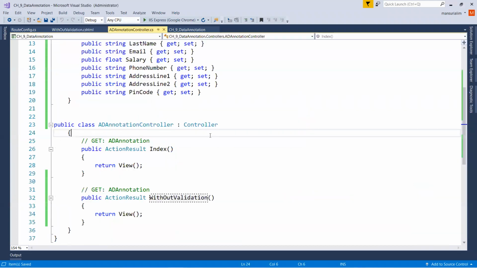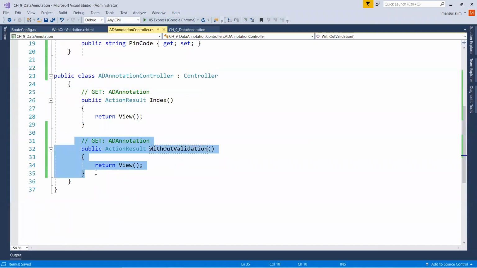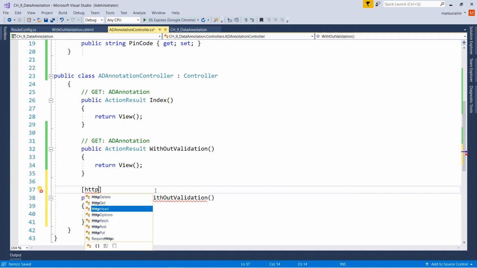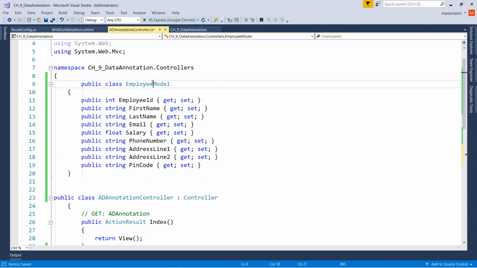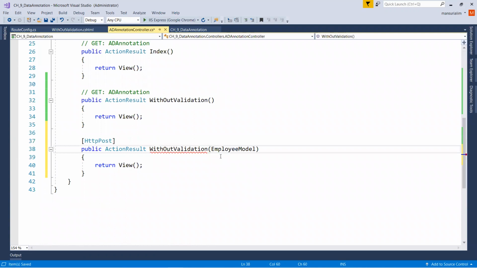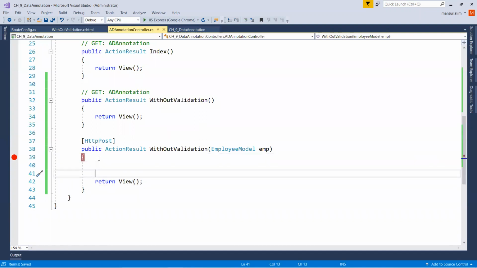So let's add that HTTP post method. As we know, this is by default a get method, and if we have to define the post method, then we will have to override the same method with some different parameter. And here we have to decorate it with HTTP post, right? Let's add this class name as a parameter. Okay, let's have a debugger here, and